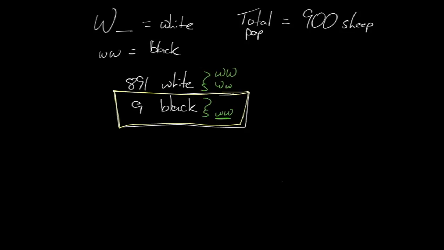But nine blacks, so there's 9 little w, so immediately some people are going to say, oh, well, q squared equals 9. No, that's not right. You gotta divide it. You have to divide it by the total. So q squared does equal 9 divided by 900. Okay? So again, q squared equals,